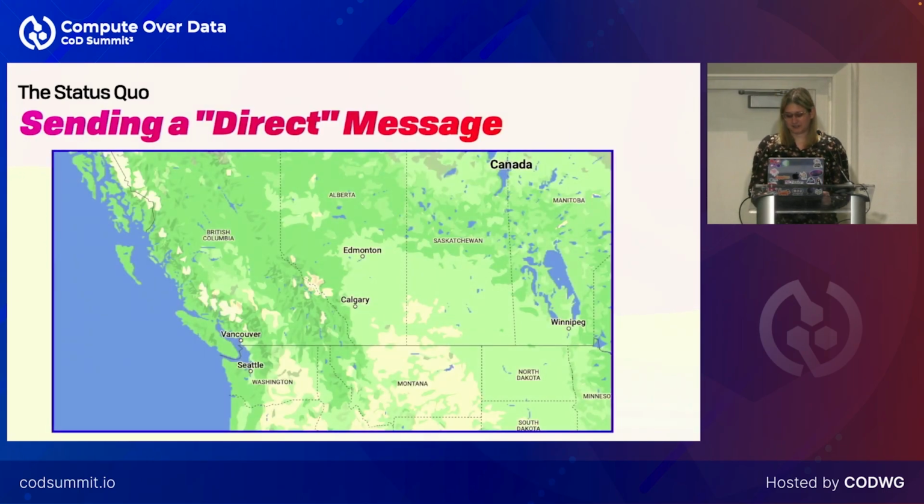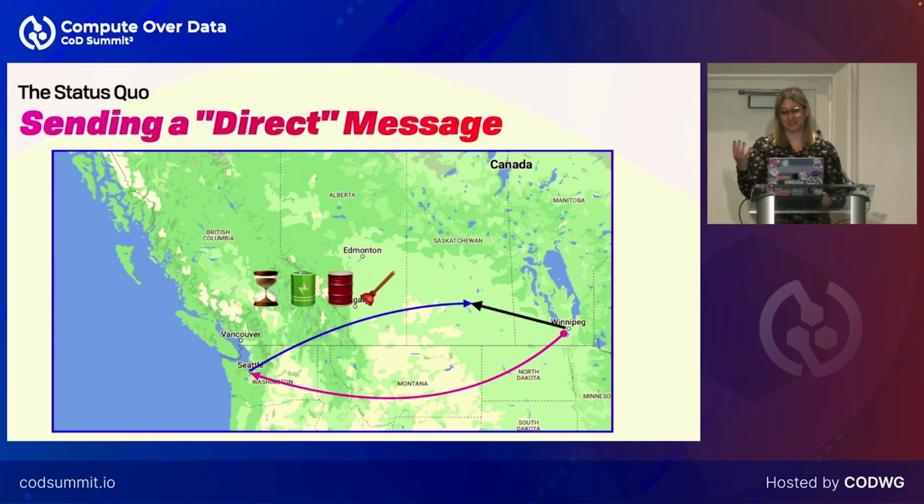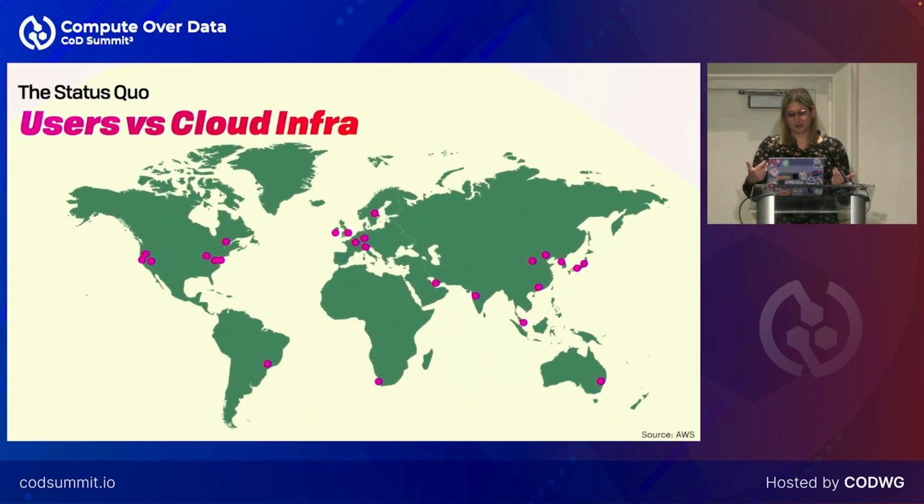One of the consequences of having a certain number of data centers is that if I want to send a message from, we'll just call it, the center of the continent, from Winnipeg to Saskatoon, it is, in a good case, going to go all the way through US West and then back. If I'm sending a text message, that's not really a big problem, but in aggregate, that is a lot of time, energy, carbon, and just physical infrastructure that we have to maintain. When we zoom out to the world,